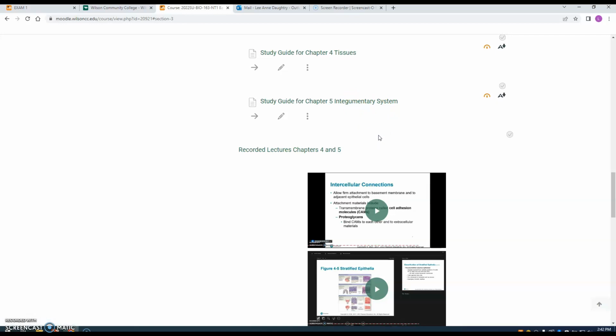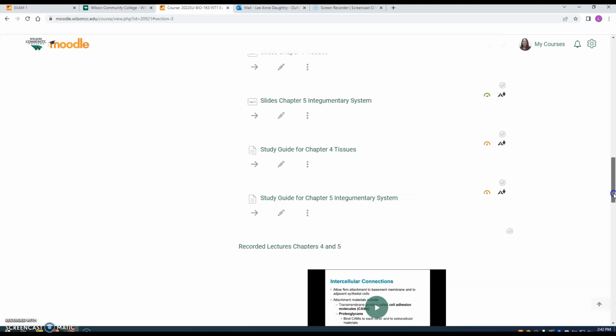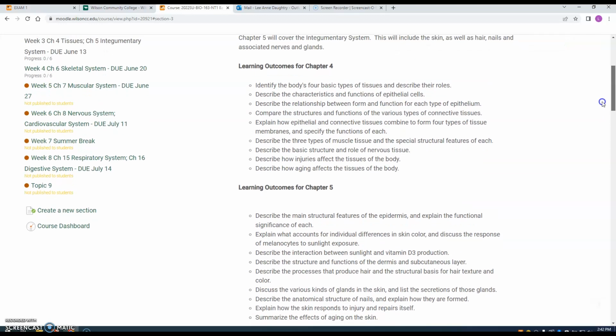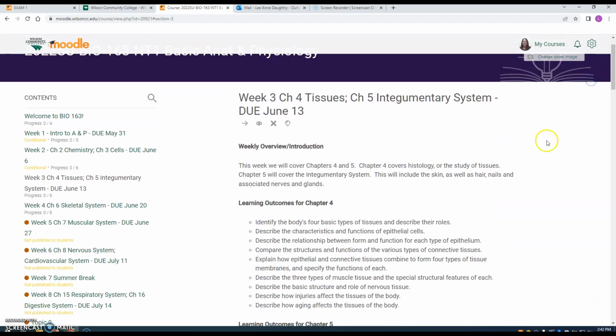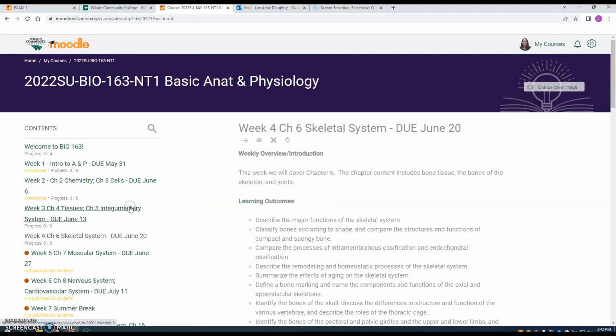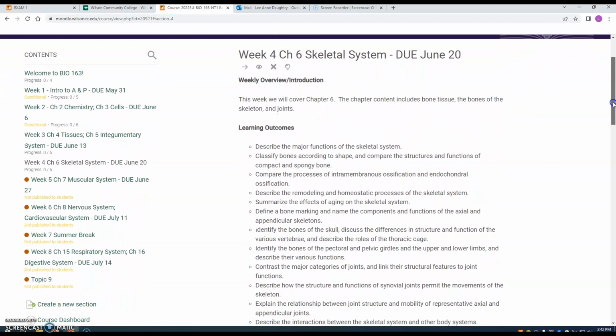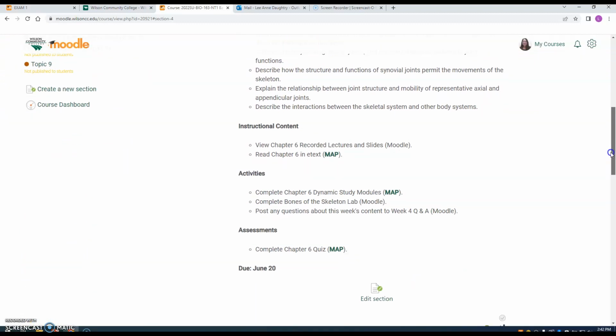But I think it's a lot more important that I get the lecture done for Chapter 6, which is for next week. And I do want to work on that and get that posted by tomorrow, or at least Monday at the latest, because it is the skeletal system. And so I wanted to go over that week with you also. So I have posted week 4, even though it doesn't technically start until Monday. Week 4 is just on one chapter, the skeletal system.